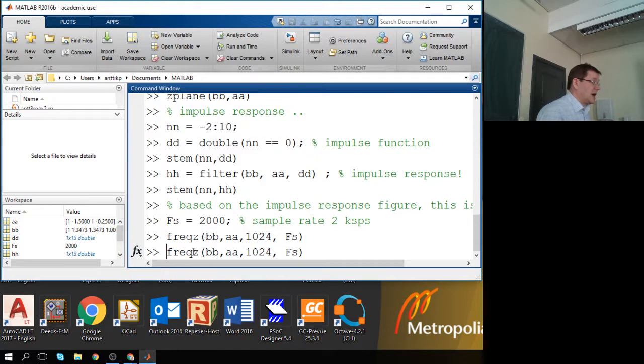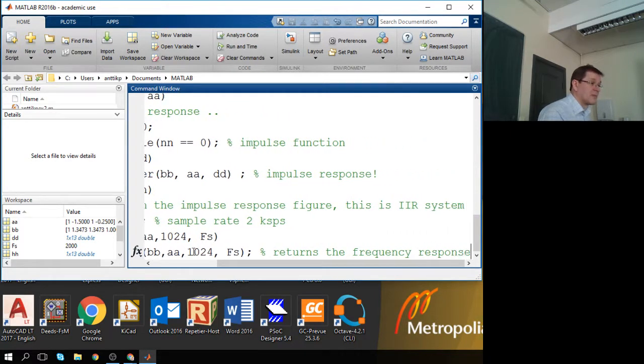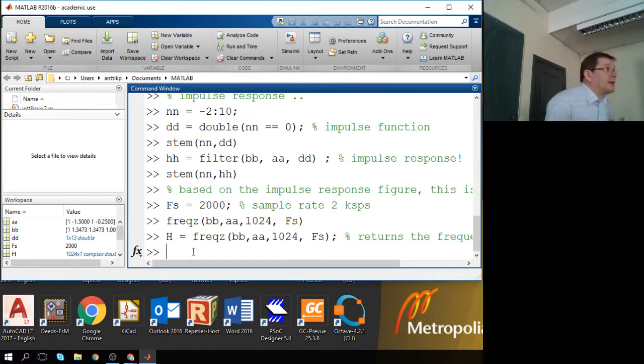So putting an output variable for our freqz function actually gives you the frequency response calculated on those points. There. And then we can calculate what is the maximum gain,